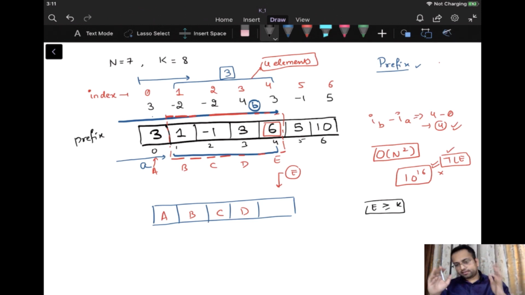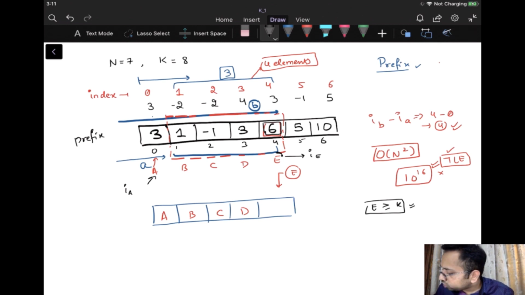So you can figure out at this point of time, if someone asks me what is the range of this particular subarray after addition of this element, which is the E-th element, that is 6 in this case, let's say the index of this element is I of E and the index of this is I of A.